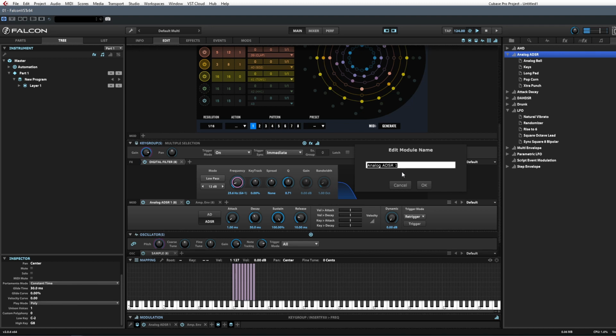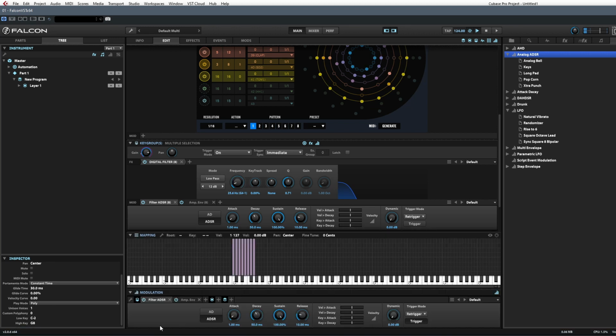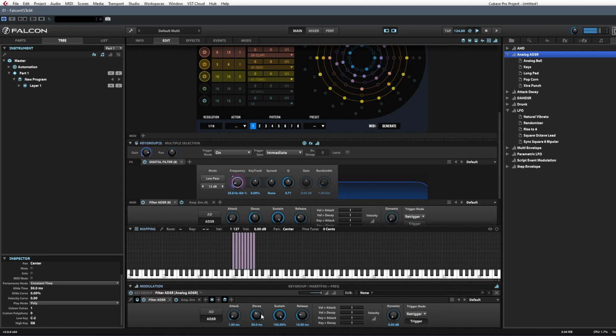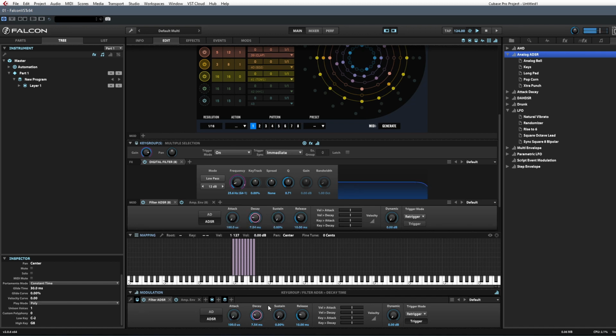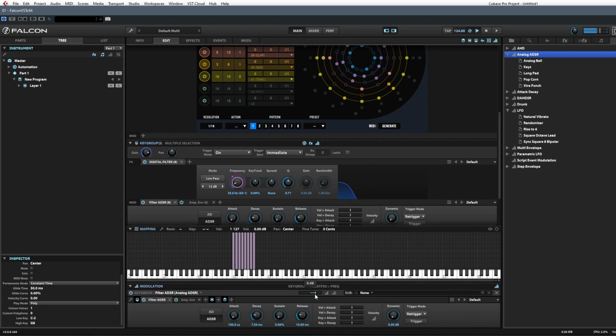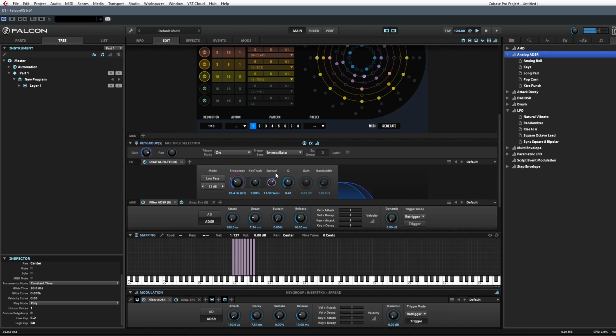Let's rename this to filter ADSR, just so we know what we're looking for. And in the modulation section at the bottom here, you can see under the key group level, you've got filter ADSR. To assign this now, it's pretty easy. You just drag that out onto the filter. It's just the amount. Let's grab that one again. Back off slightly on that. Okay, so we get some